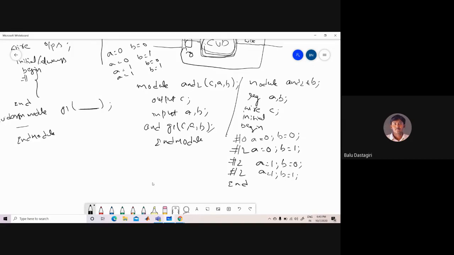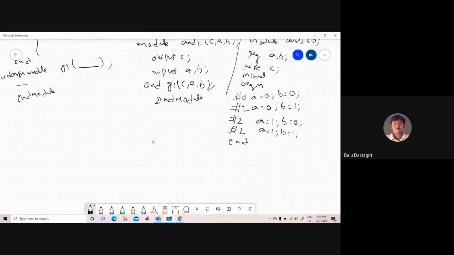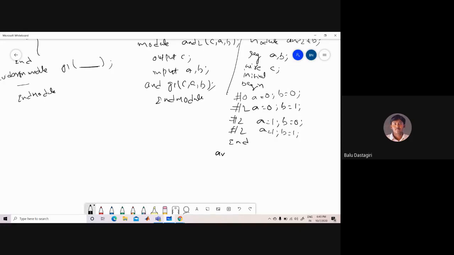So after that, next we have to call the program for which we have written the test bench. I have written the test bench for the module undo2. So therefore I have to call that module. The module name for which I have written the test bench is undo2, followed by the label name, any label name. This label name is optional here also. And then the list of port names as it is.